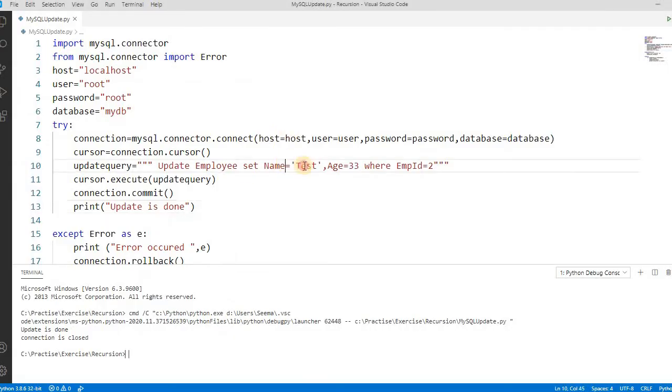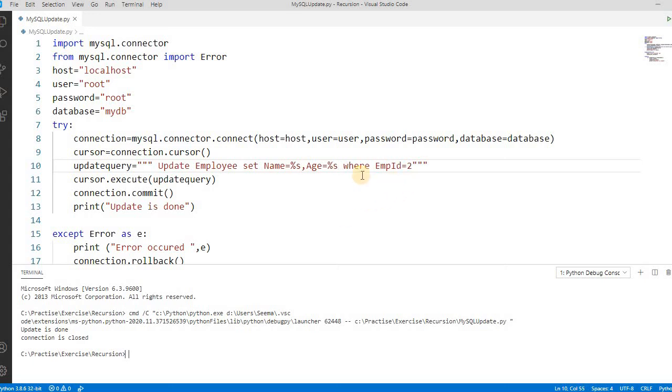But passing values like this is not supposed to be done, because hackers can change this and you could lose your whole data. That is known as SQL injection, if you are aware of it. So we have to pass the values as parameters; we don't put them into the query. So how will we do this? We have a placeholder for this, like %s, as I already explained in the previous video. So we can pass something like this.